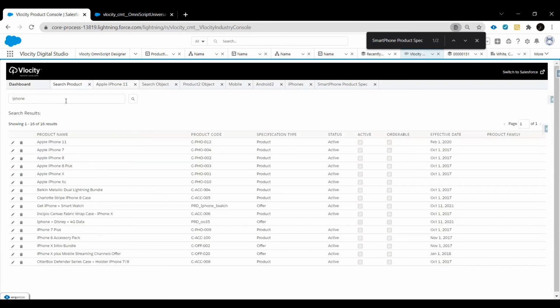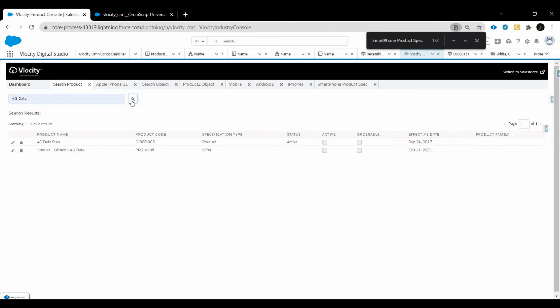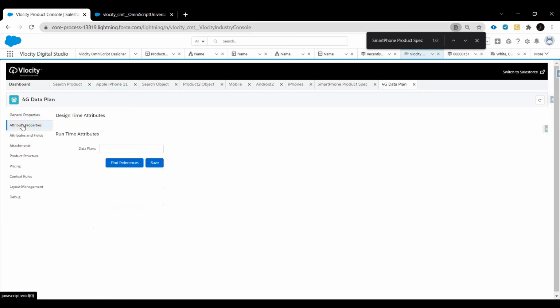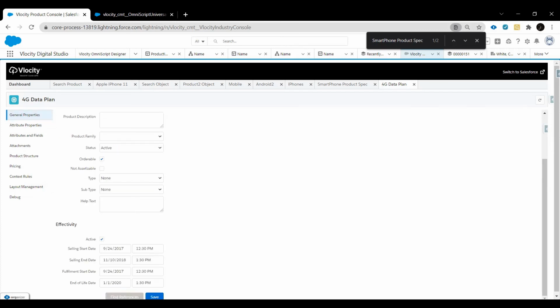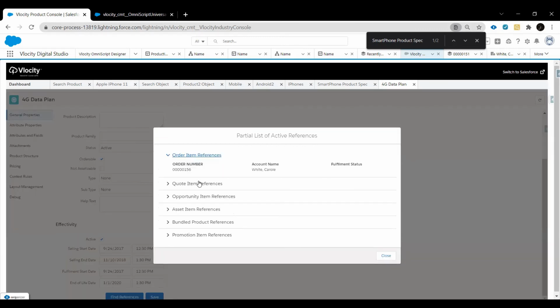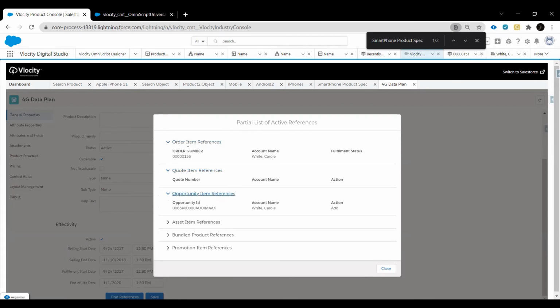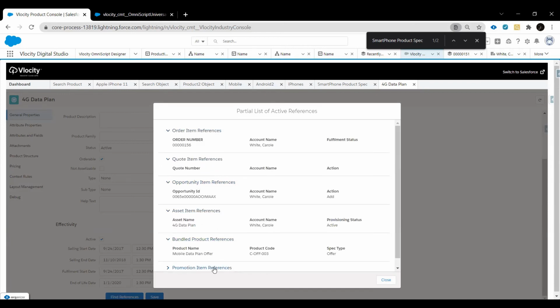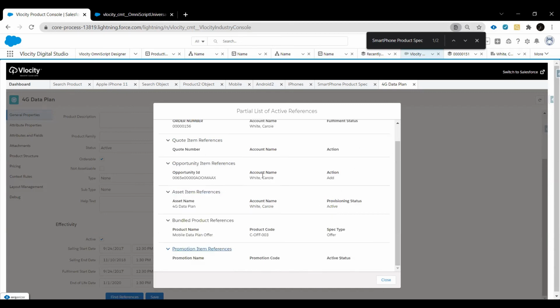Let me actually open a good example which has the value data. In the attribute, you need to go to the general properties here, the find reference button. Just click here, and see, at a glance you can see your object reference, code, opportunities. So all those things at a glance you can see. You can further change the layout for this as well.